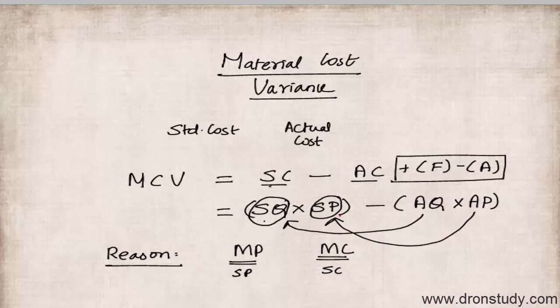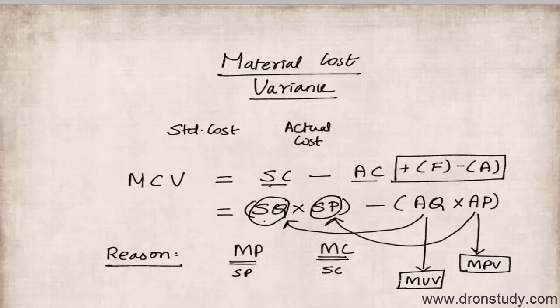In that case, obviously you will have a difference. So by analyzing the material cost variance, you can find out where the change had taken place. Understand, analysis of material cost variance is done by dividing it into two parts, namely the material price variance, because there is a change in cost because of price, and there is a change because of usage, so that is called as material usage variance.